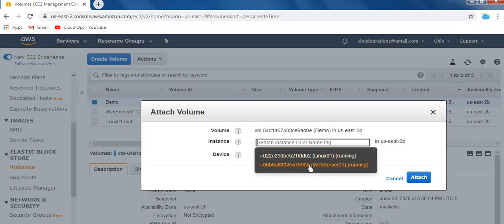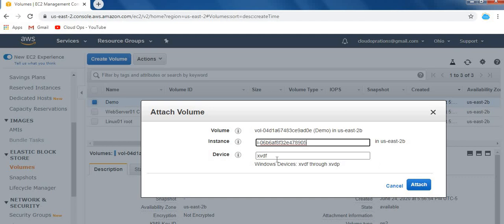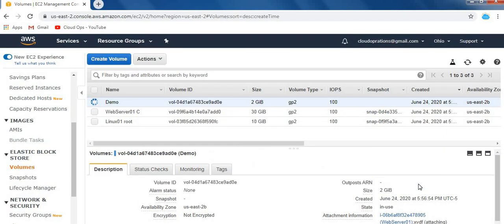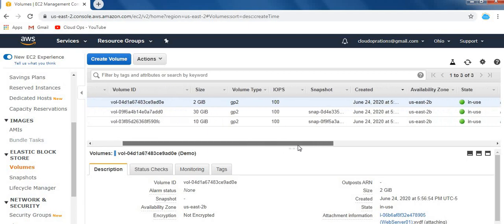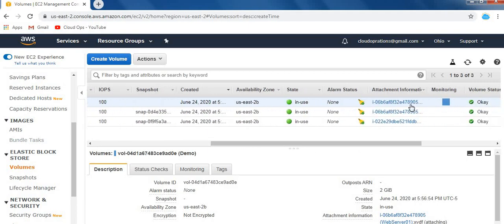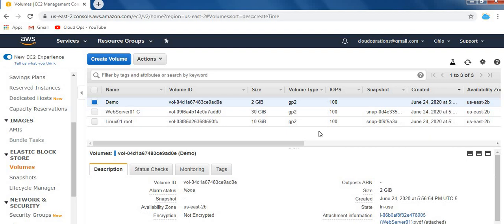You can see here it's giving me Linux as well as web server. So you can attach to any one. Let me attach to my web server, which is the Windows instance. Click on Attach. Okay, now you can see here the volume is attached.